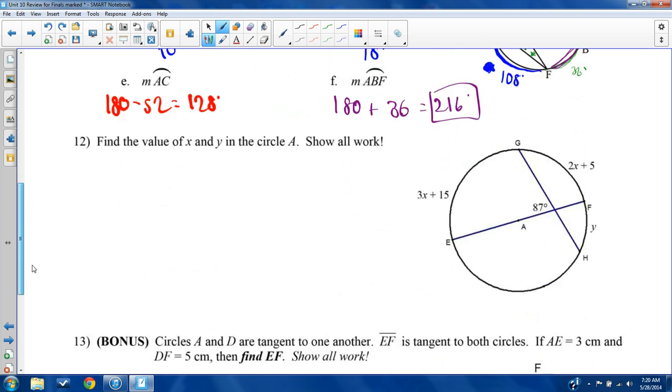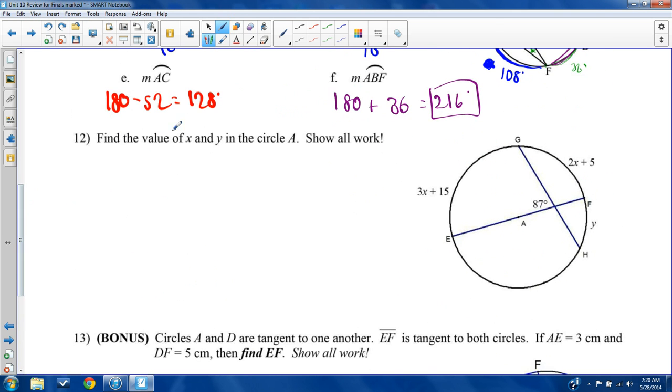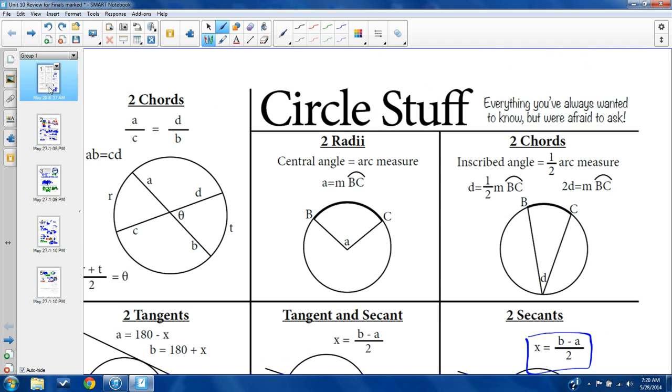Okay? Two more problems. Find the value of x and y in the circle A, show all work. Okay, now these are arc measures, I assume. I don't think they're lengths, because they don't have any lengths here. So, vertical angles, 87 and 87. That won't much matter. What I do know is going back to my circle stuff, way up here, you will see that